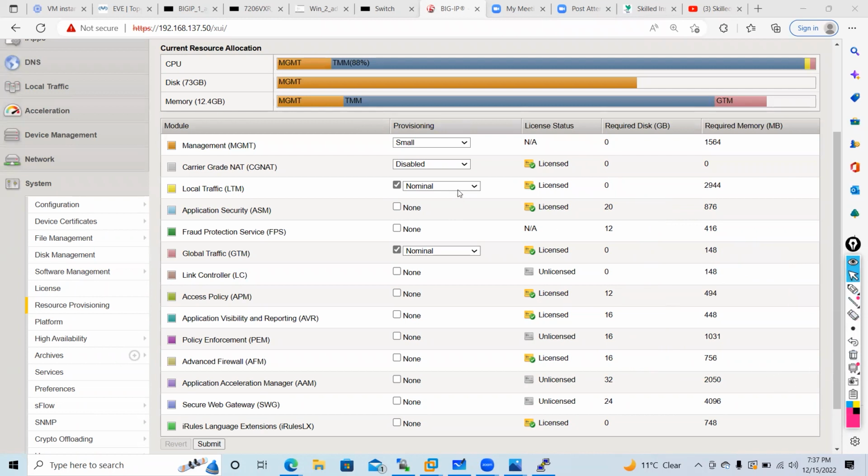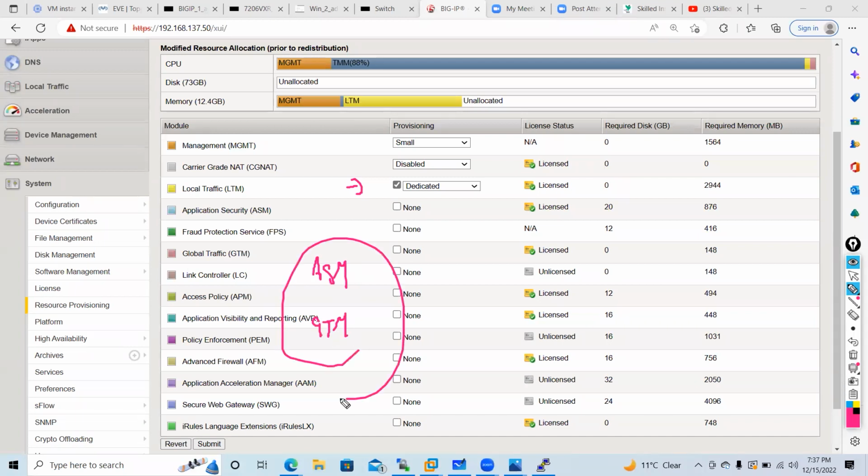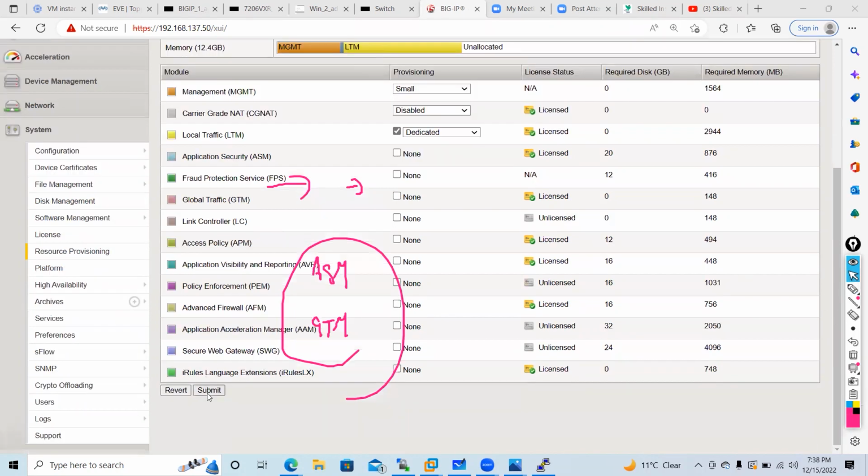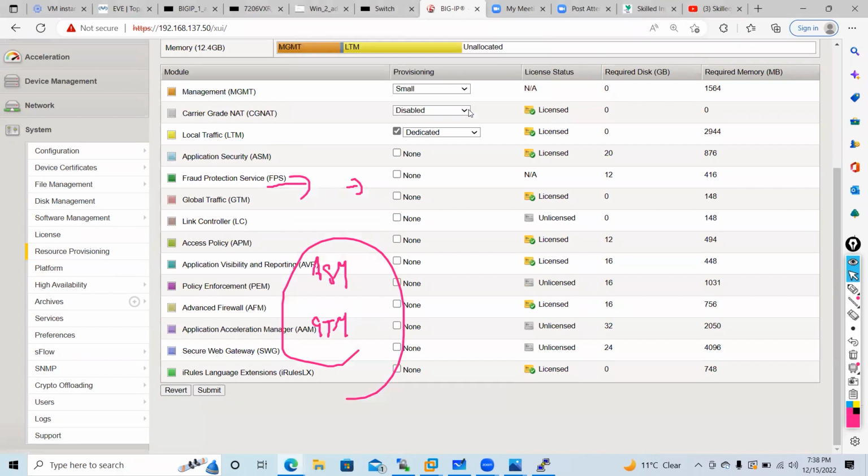Now here is the question. Let's say I've configured LTM as dedicated. Can I configure ASM and GTM here? No. Anyone? When I give LTM as a dedicated model, and after that I submit it, can I configure ASM and GTM? No, we can't.